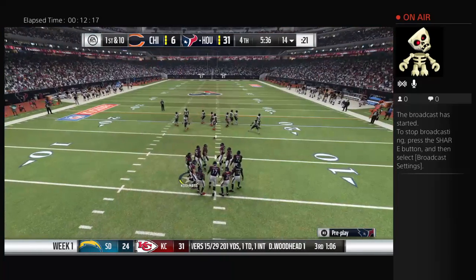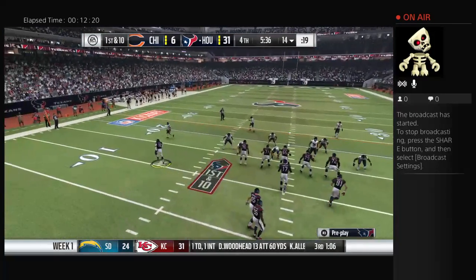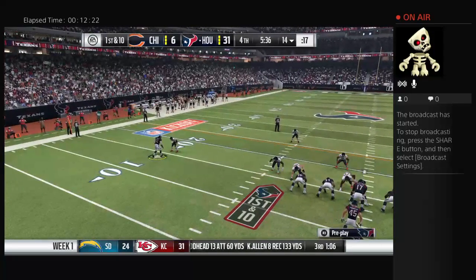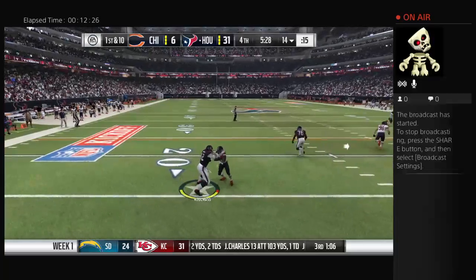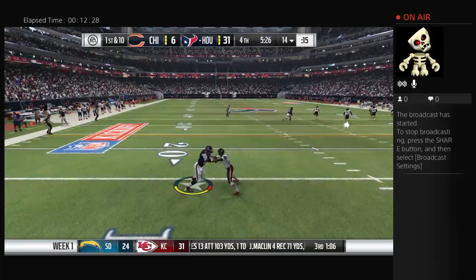And now out comes Houston. And they had 3 points last time, but they didn't want 3 points because they were well within range of scoring a touchdown. We'll see if they can do better now. I'm with you on that one. Let's just go ahead and be frank about the whole...